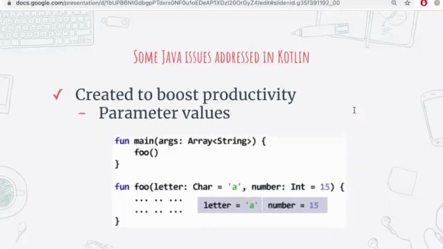All right, so the second point that we mentioned was parameter values. So here's an example of parameter values. With parameter values, we can provide a default value for the parameters that we're passing into our functions. In this case, we provided a default value of a to the variable letter and a default value of 15 to the number variable. This means that we can call this function without passing in any parameters, and Kotlin will know to use the default values of a and 15 automatically. So basically, you can have fallback values, and of course you can override them. So if you specify them, you can